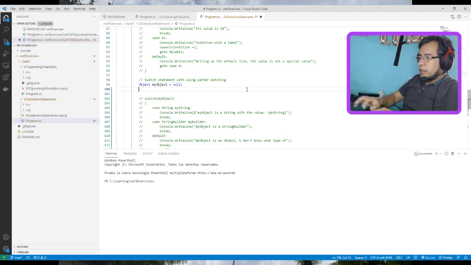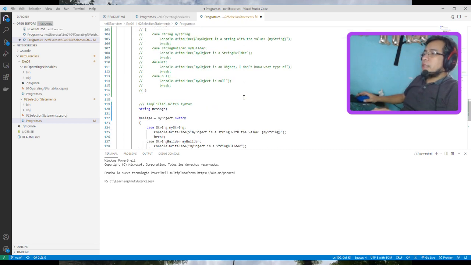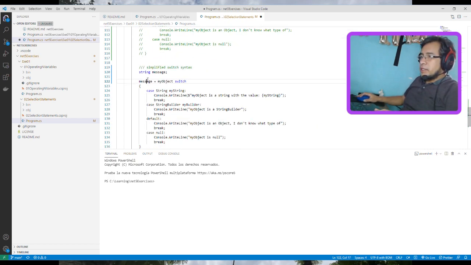My object, my original string. Then message is going to be equal to the evaluation of the switch. So my object is the input parameter for the switch,